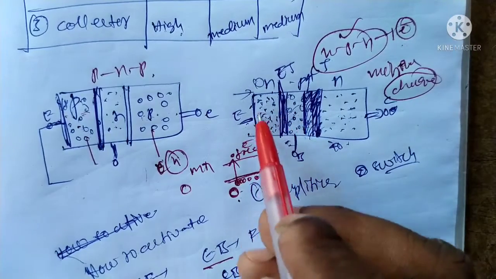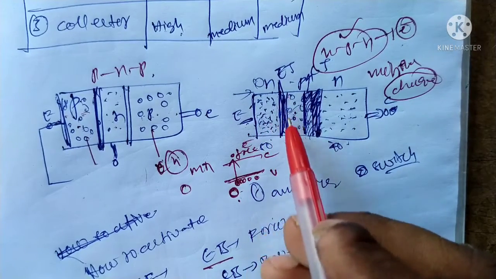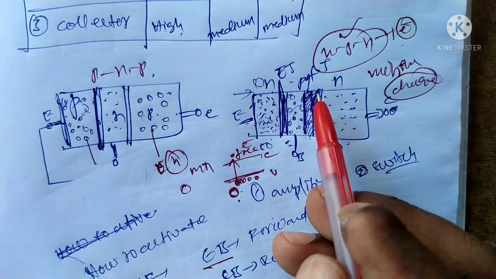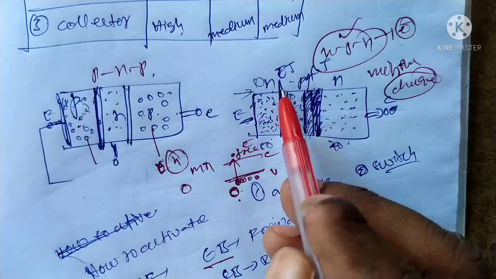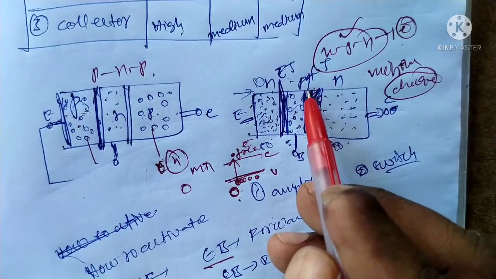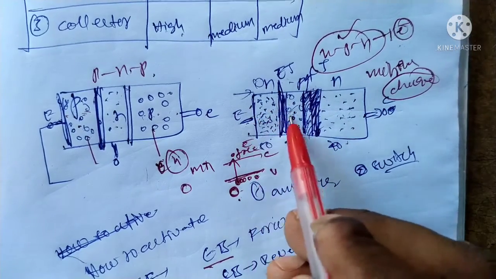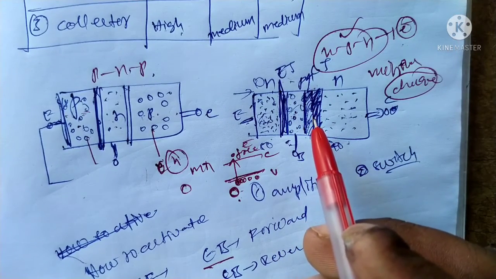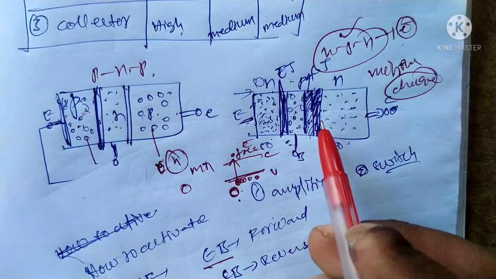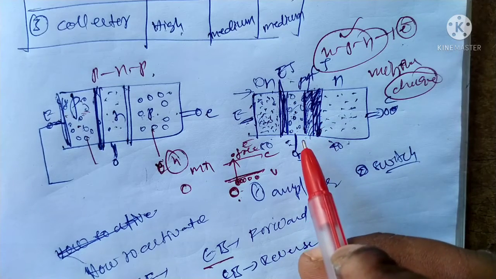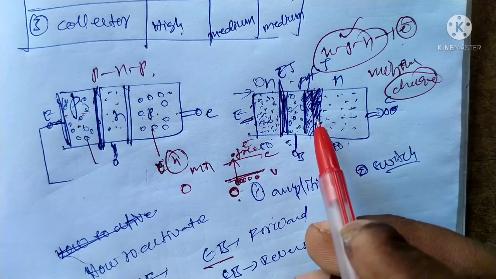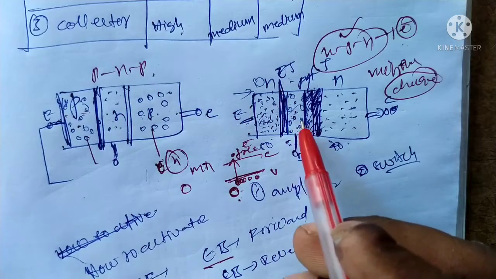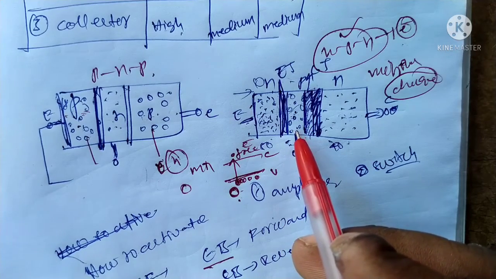Emitter-base forward bias means, in the case of EB, the width of the depletion layer is very small compared to the collector junction. EJ means emitter junction, CJ means collector junction. The emitter junction is between the emitter and base, and the collector junction is between the base and collector. The width of the depletion layer is very large there, so there is no flow of electrons into the collector region. That is, the collector junction is reverse biased and the emitter junction is forward biased when the transistor is in the active region, in an NPN or PNP transistor.